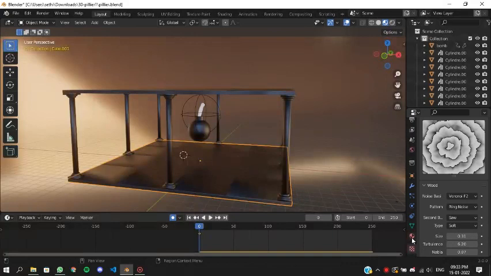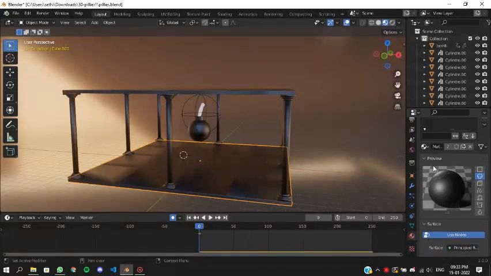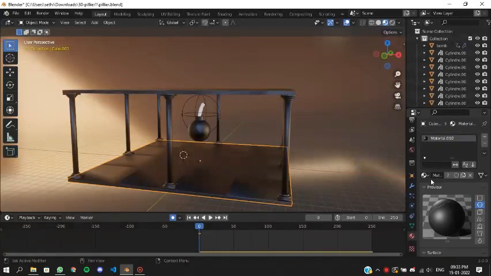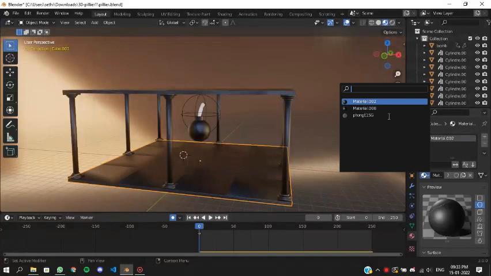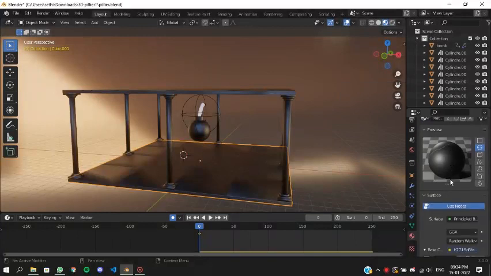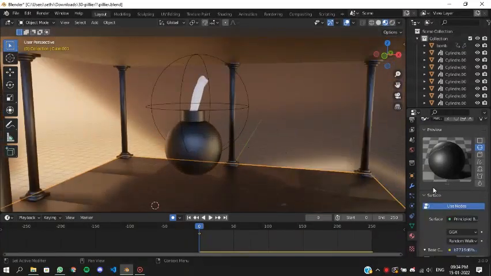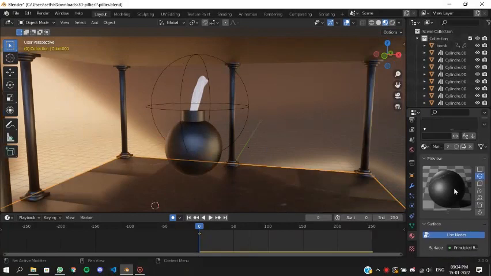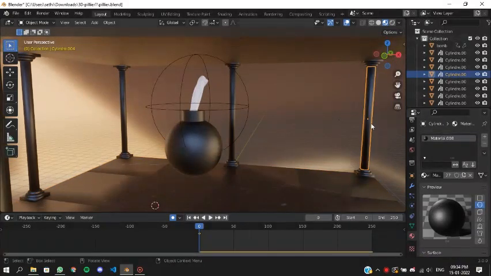Now coming to the material properties. This material has been chosen from an open source environment which I downloaded yesterday. This is material number 022. This is material number 002, which I had taken from the open source materials. So you can implement it over here. Similarly, in the pillars I implemented material number 0.008, and in all the pillars these are the same.